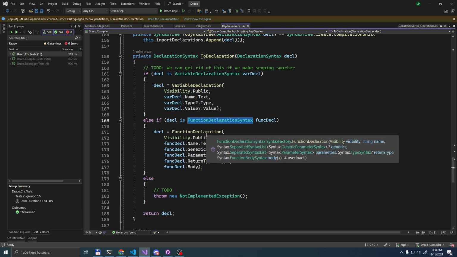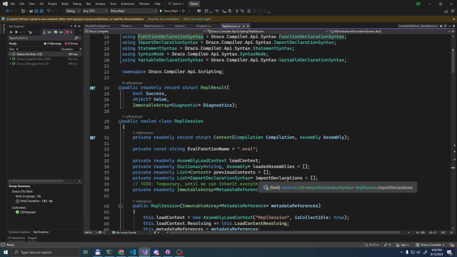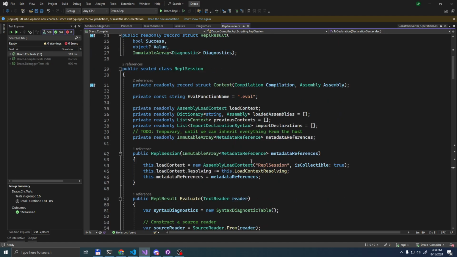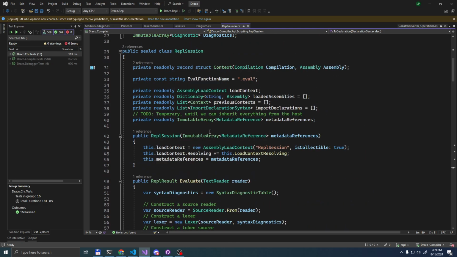Now, what we could do is store these things in some kind of structure, a list, or something which is really primitive, and then have a special mode in the compiler to link the top level binding scope, which is basically our symbol scopes. We call them binders, just like Roslyn, to look up from this special collected list.